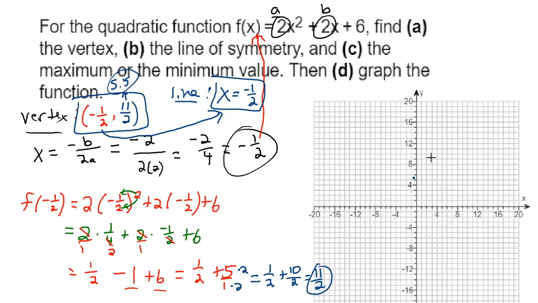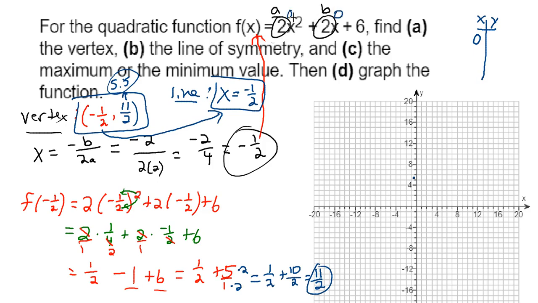But we will discover that as we plot some points, which is the next thing that we need to do. So I will set up a chart here like we've been doing on the previous problems. We want to stay close to the vertex. 0 is pretty darn close, so I will pick 0 for x. And this one we can really just work out mentally. We don't need to write this out like I did in the last example, because when you plug in 0